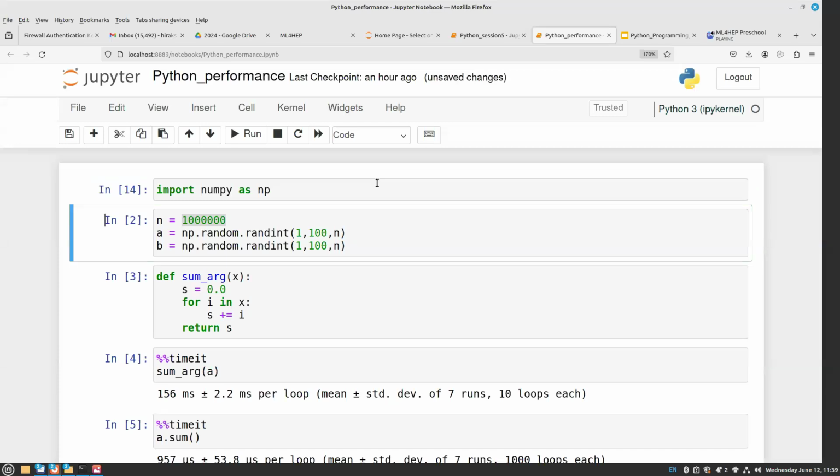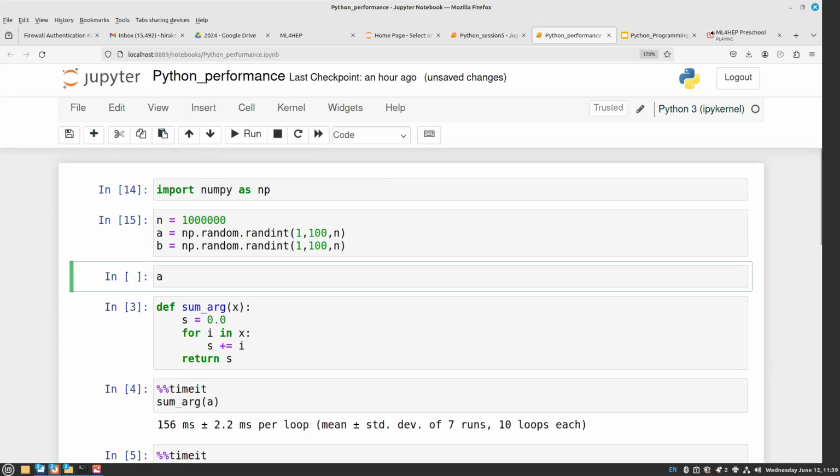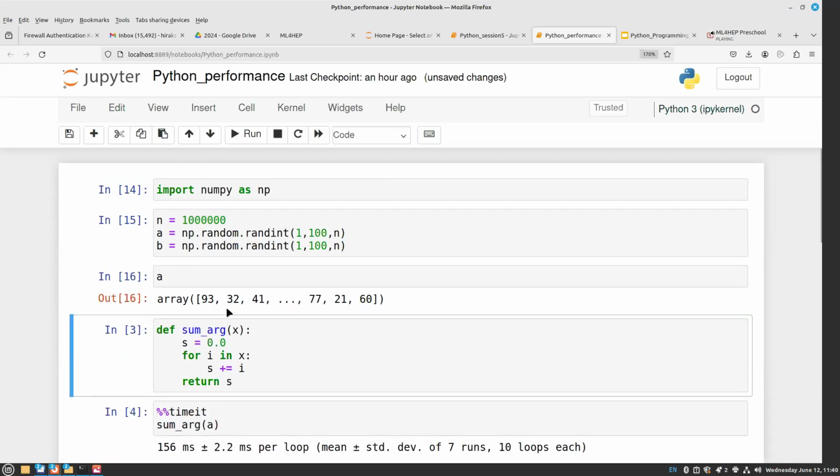Okay, so import NumPy, then you create your array. If you are curious, I can print a, and you see that these are the values. These three dots mean it is not printing all the numbers. Then I define this function, and this function should be very familiar to you, that you want to sum the